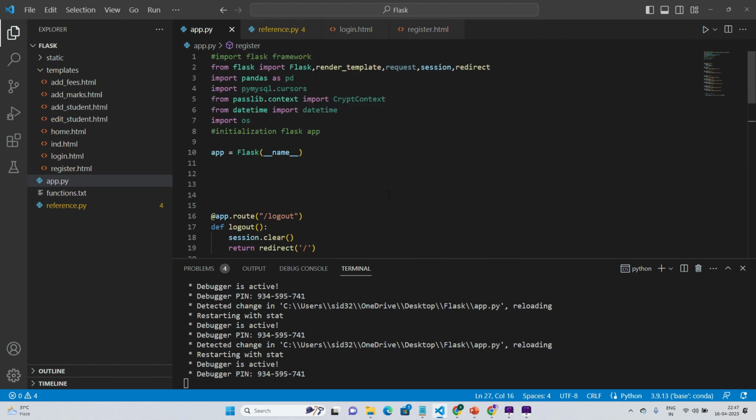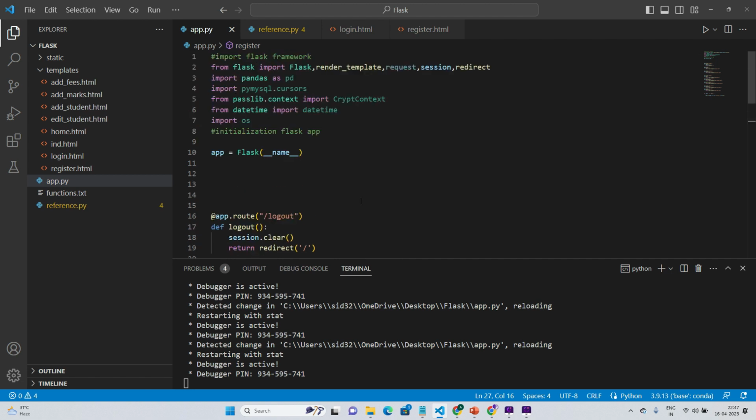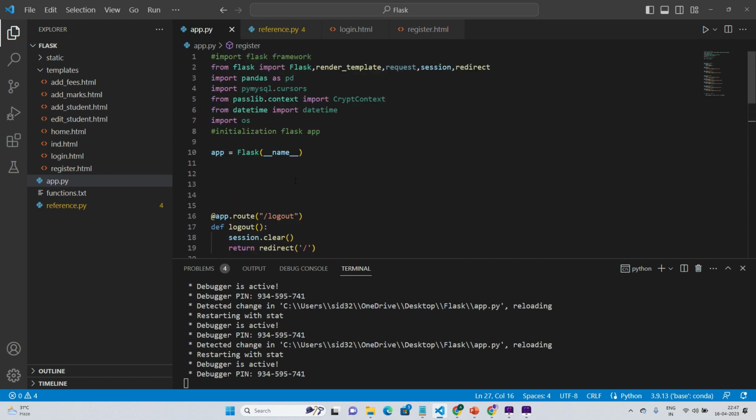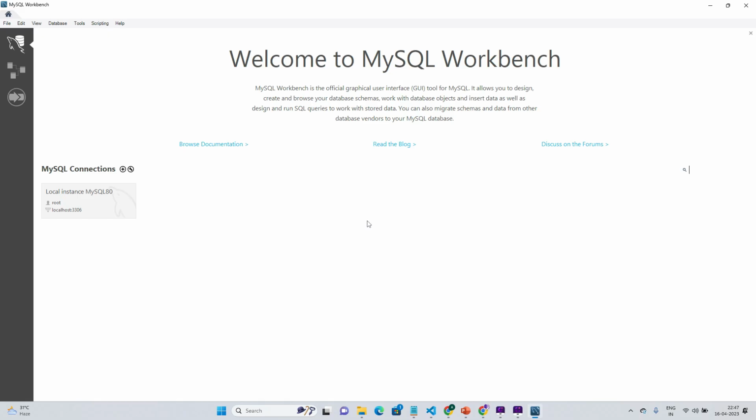So in this video we will resume from where we left, that is connecting our app with the database, and then we'll also show you how to save the inputs from the forms into the database. So for that, what we have to do is to first create the database tables. So we have to open our workbench. First requirement. Okay,